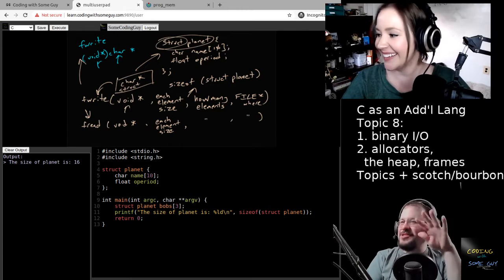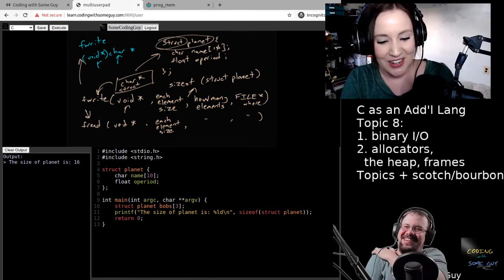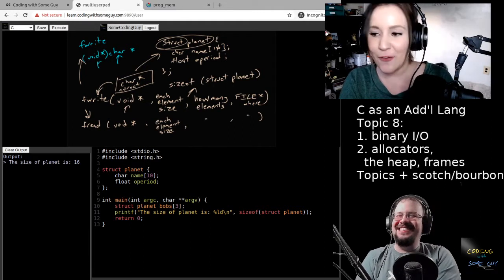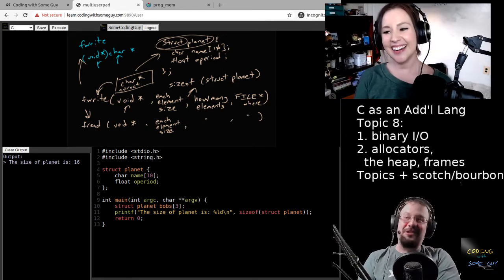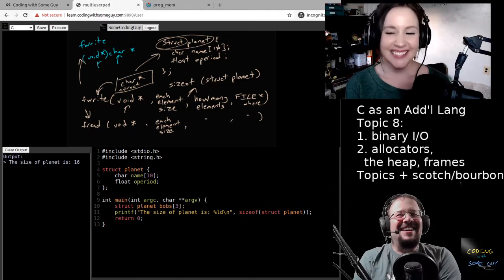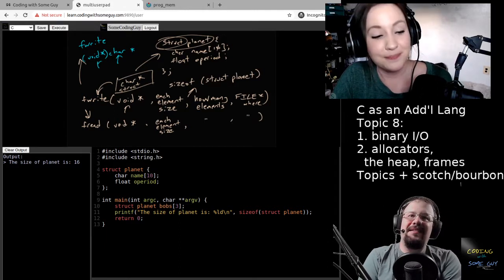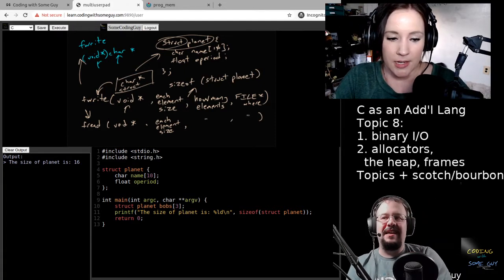We're trying to do the pure C up until the last episode of that. You've paid your dues. You've written enough good C, so now it's time for the dark side. Okay, so we know that the size of this is 16. And that's a little funny, because if we knew that a float was the same size as an int.